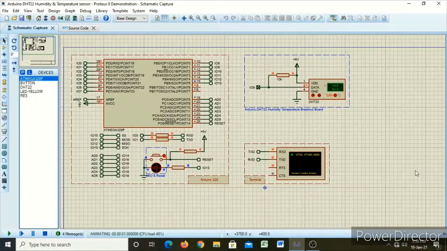Now we have changed the conditions such that temperature is less than 15 and humidity is more than 60%, and we observe that the time for which the LED is blinking has decreased. Now it is 0.5 seconds. Similarly, other conditions can also be imposed on this temperature sensor, and we can observe how the LED responds to the change.